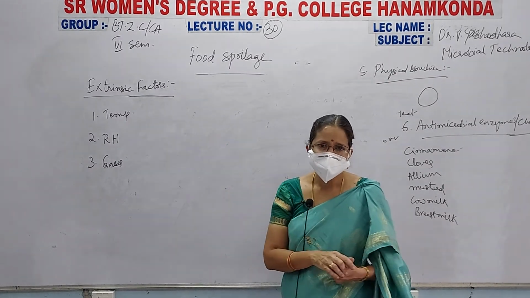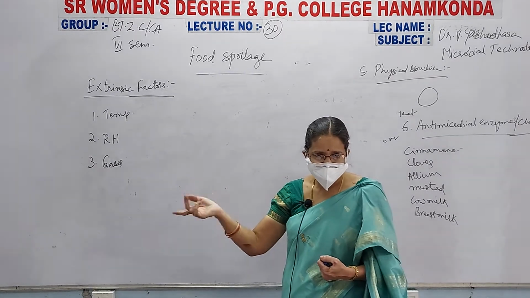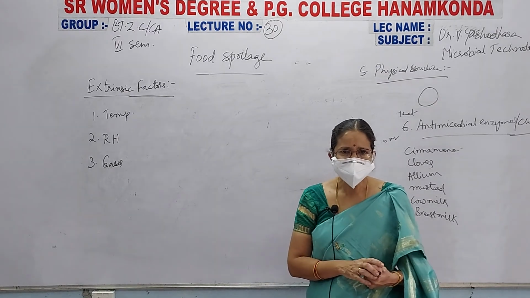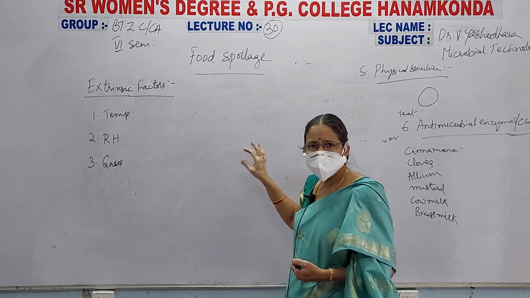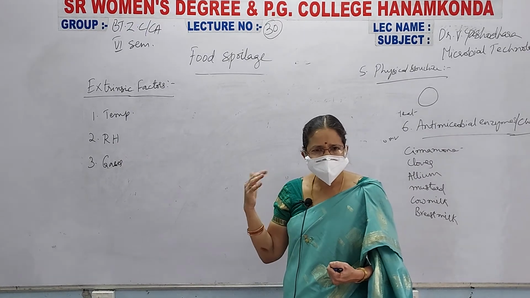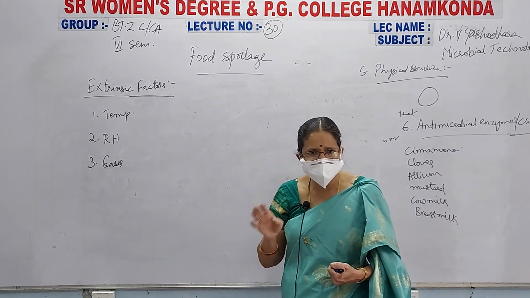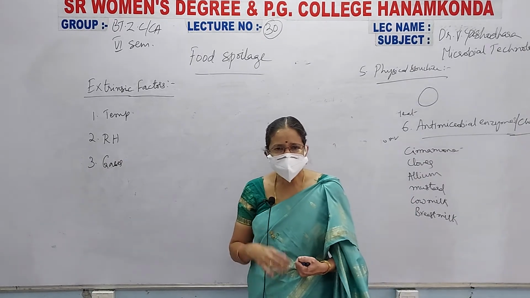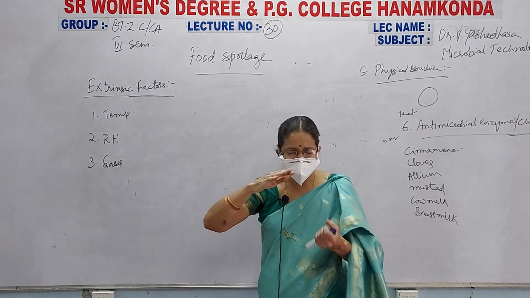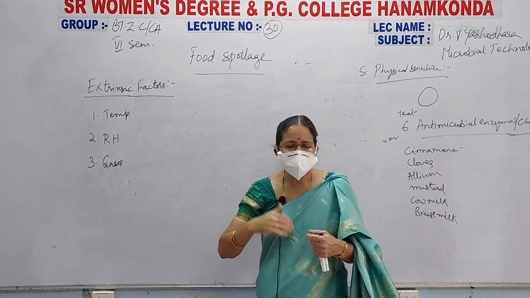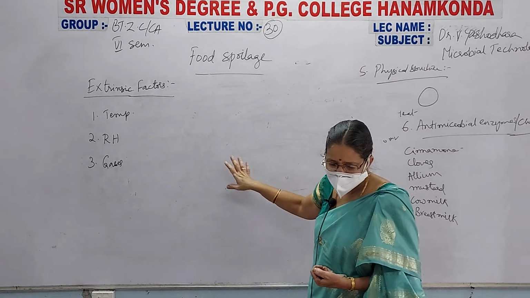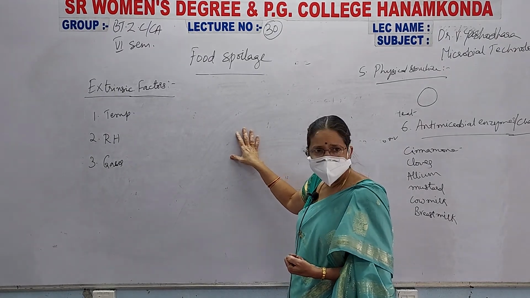When coming to oxygen, I told you that in aerobic condition also, because of high aerobic condition, the food gets spoiled because of high oxidation reduction potential. And because of low oxidation reduction potential, alkaline conditions are maintained, anaerobic bacteria will grow, and these anaerobic bacteria will damage our food by producing carbon dioxide, so that the content will start puffing, that is, it will increase in size and it will lead to a foul smell by releasing carbon dioxide and H2S gases. This is about your extrinsic factors.